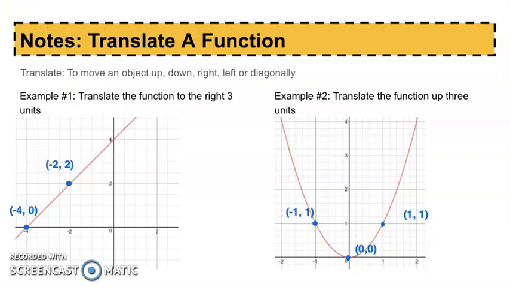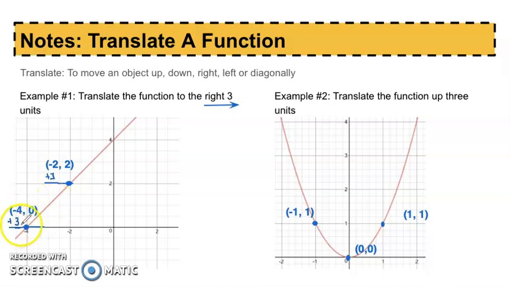Something important to remember is that when we're going right or left, we're talking about the x value. And if we're talking about the x value, then whatever we're doing, we're only going to be affecting the x value. So in this case, it's asking us to move to the right 3. That means we're going to add 3 to both of our x values here in order to get some new points to make a new line. So again, I'm going to be adding 3 to both of my x values to get new points to make